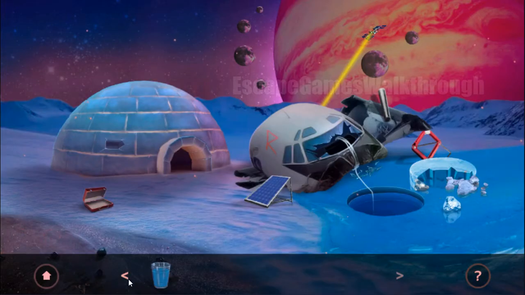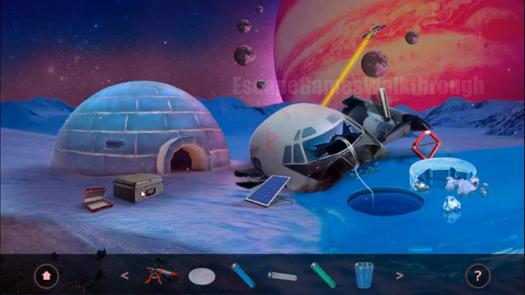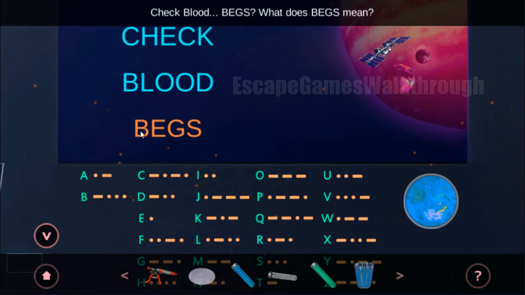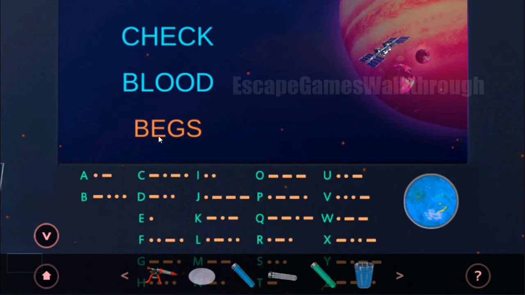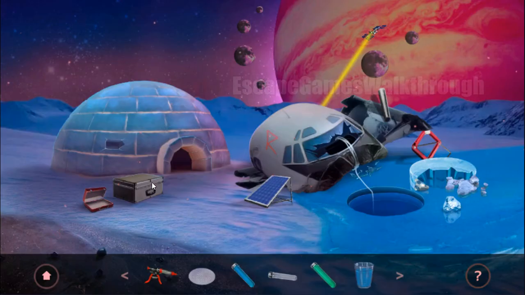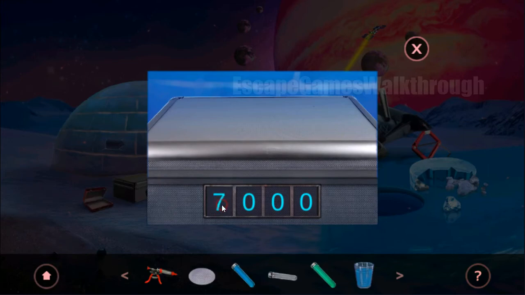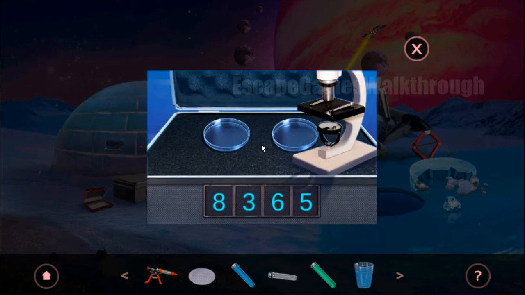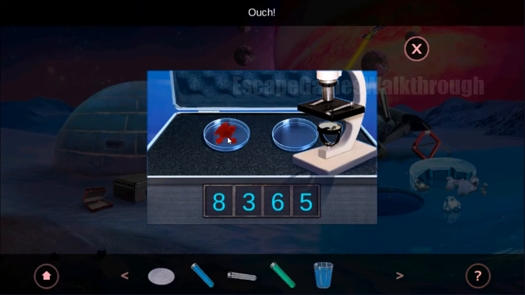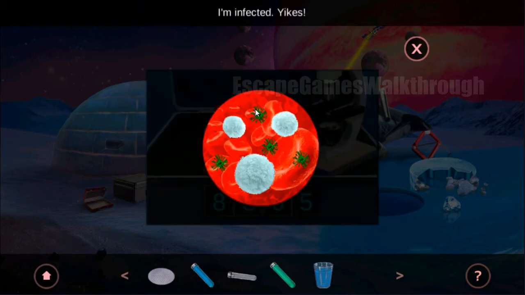okay, to know it we need to put this trunk here and his 4-digit code. So let's look once again here. So letter B reminds us of digit 8, E reminds me of 3, G looks like 6, and S like 5. So we have 8, 3, 6, 5, and we need to enter it here, 8, 3, 6, and 5, and his laboratory. So first we need to put our blood sample, and we can see that I am infected, and